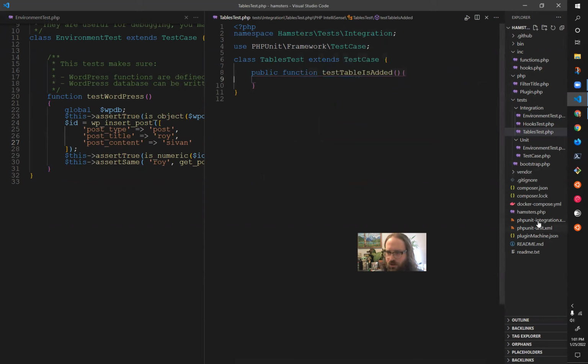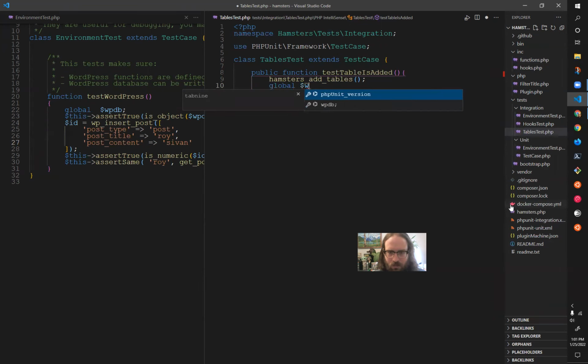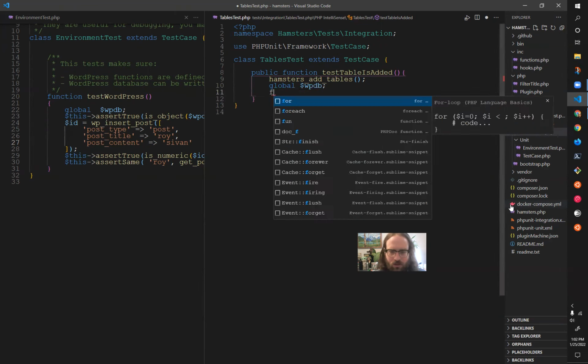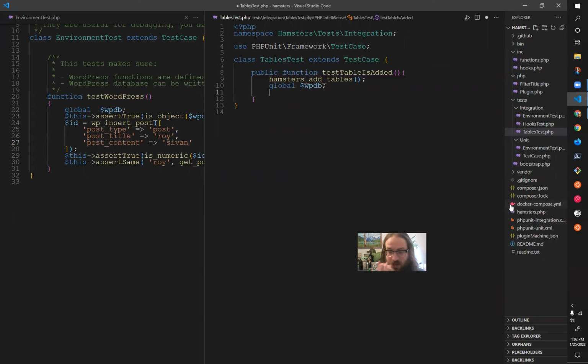So for now, I'm going to do that and make sure that it works. And then I'm going to move it to where it actually belongs, and this test should still work. It's part of the value of testing. So, get global $wpdb. This is sort of an annoying test to figure out, like, does it get added? But we're going to do $wpdb, actually get